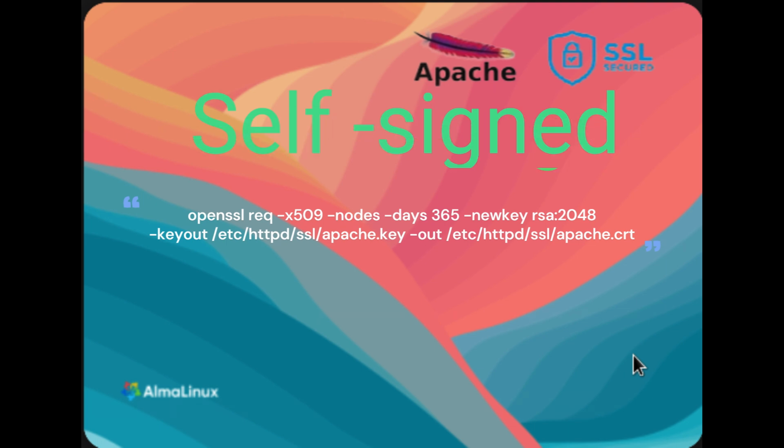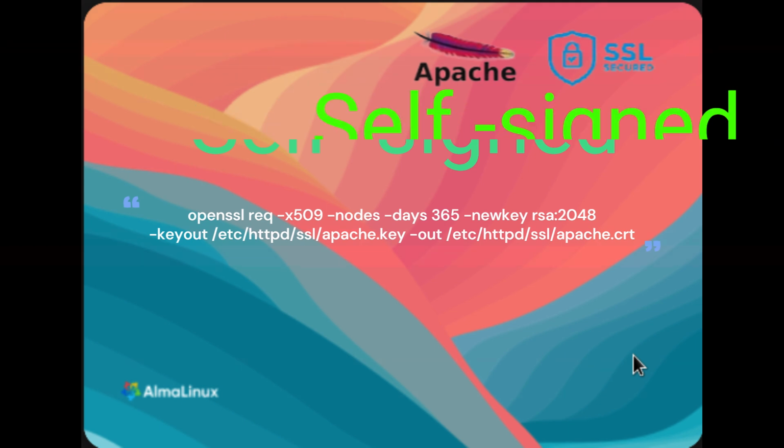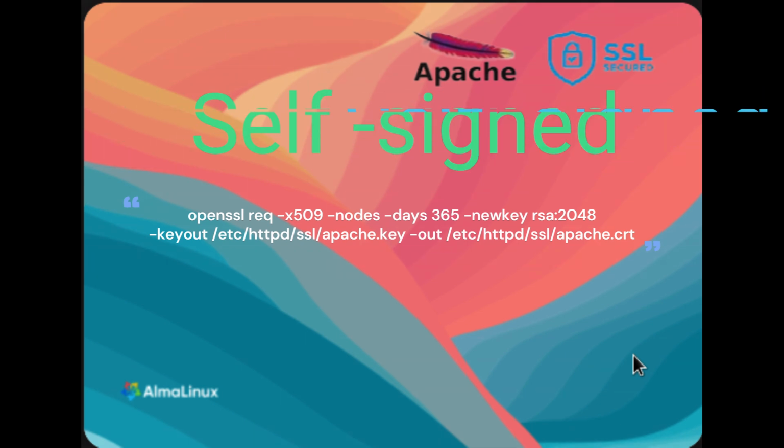When you run this command, OpenSSL will prompt you to provide information for the certificate, such as the common name, CN, which is typically the domain name for which the certificate is intended. You'll need to fill in this information as part of the certificate generation process. Once the command is executed and you provide the necessary information, it will generate a self-signed SSL certificate, apache.crt, and its corresponding private key, apache.key, that can be used to secure a web server or other services that require SSL/TLS